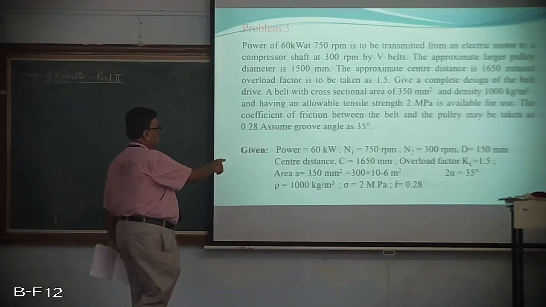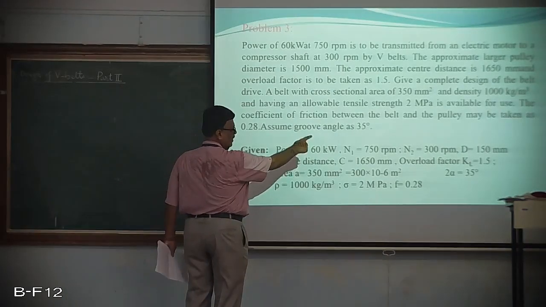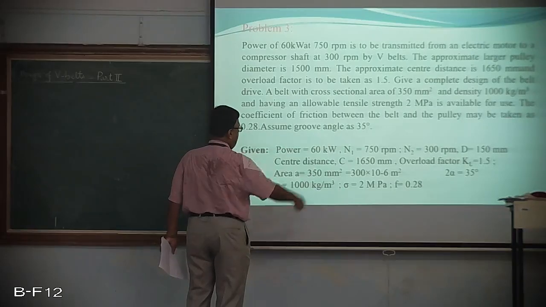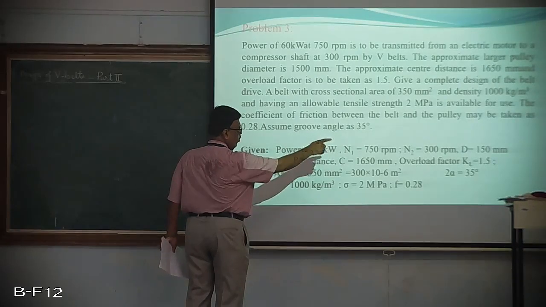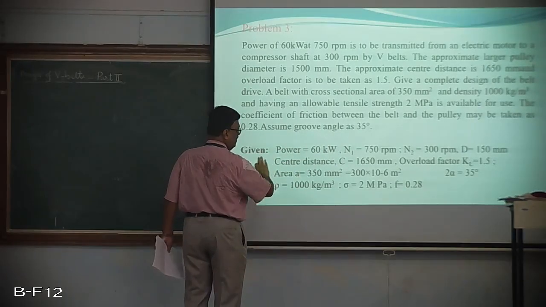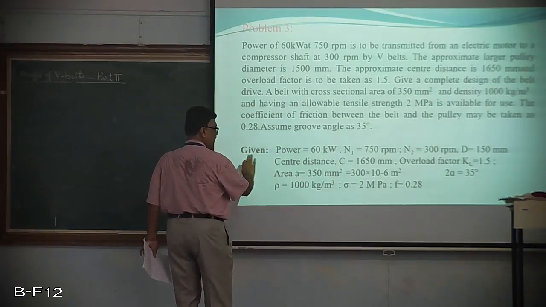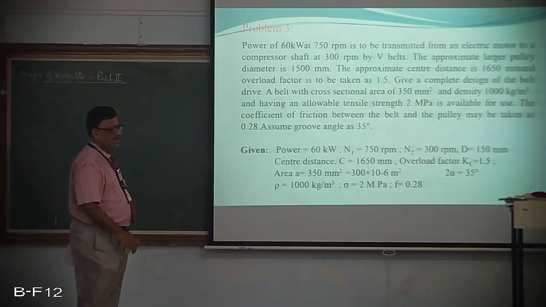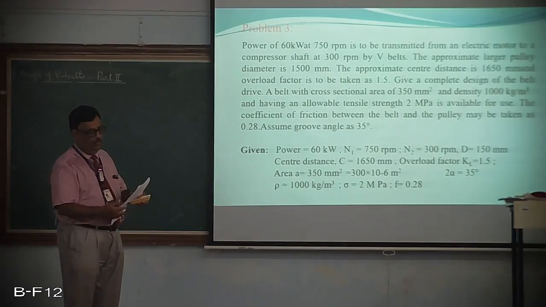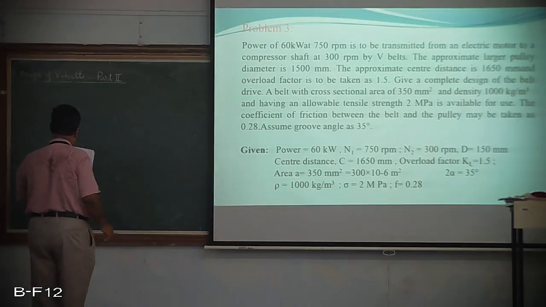So you can look at the given points. Power is given, N1 is given, N2 is given, capital D is given, center distance is given, overload factor is given, area of the cross section is given, angle of groove 35 degree is given, density is given, as well as stress and coefficient of friction have been already given to you. Now let us start with our